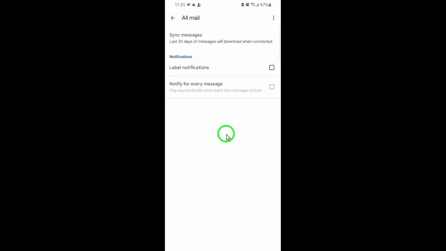Give this a try, and you'll notice your Gmail app stays responsive and up to date with the most